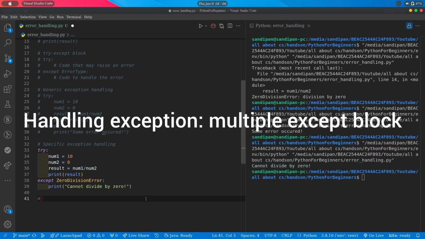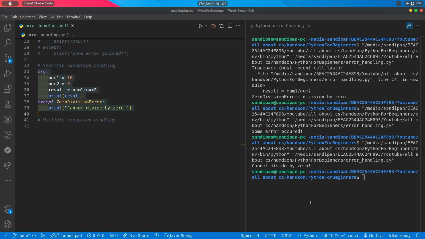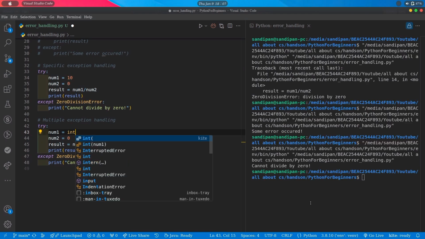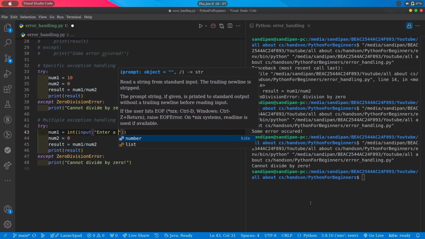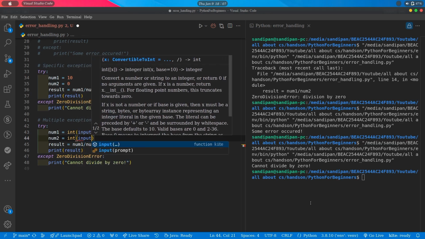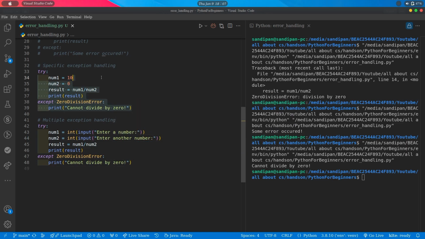In a program, multiple types of errors can be raised. For example, here instead of assigning values directly to num1 and num2, if we take them from user input like this, int(input("Enter a number")), num2 = int(input("Enter another number")), and run the program,